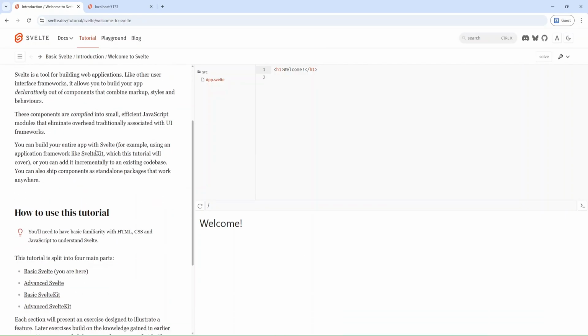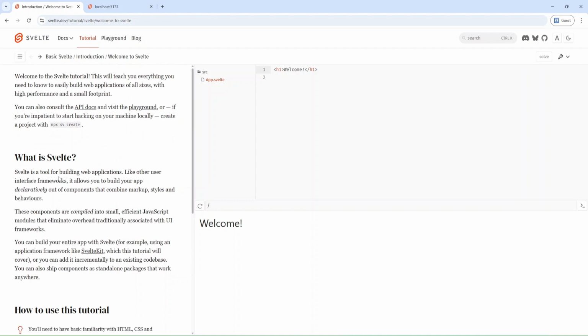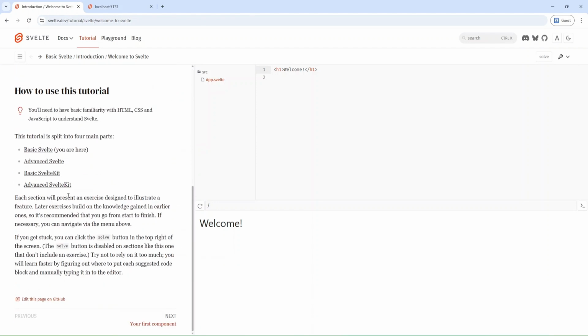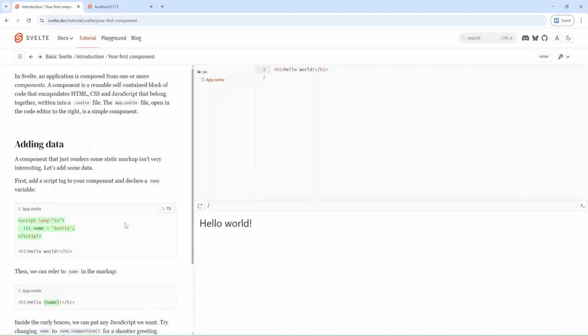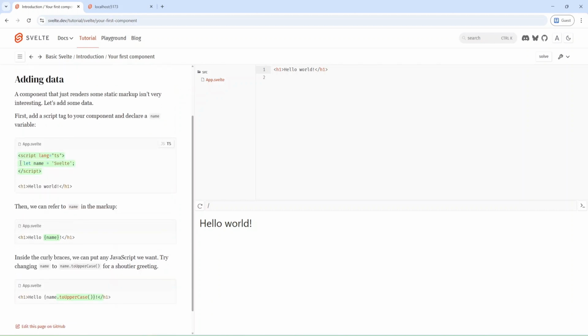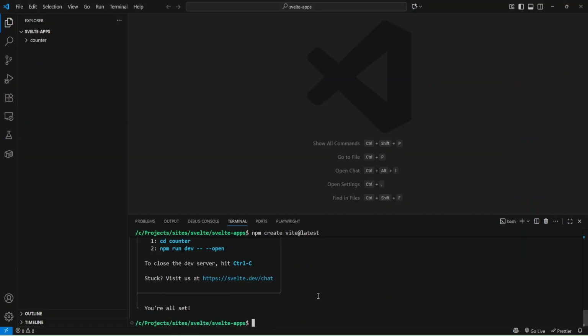And as you can see, we can read about what Svelte is and how to use this tutorial. And I'm going to go next to my first component. And as you can see, we can provide just a JavaScript tag inside the component, and let's go to our code, and